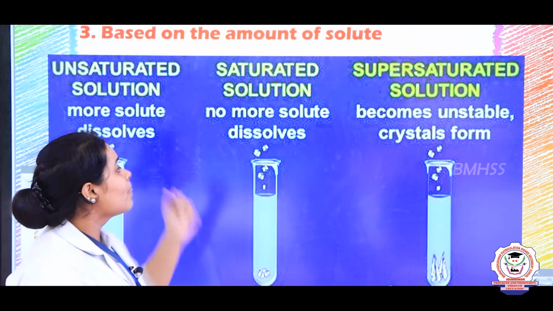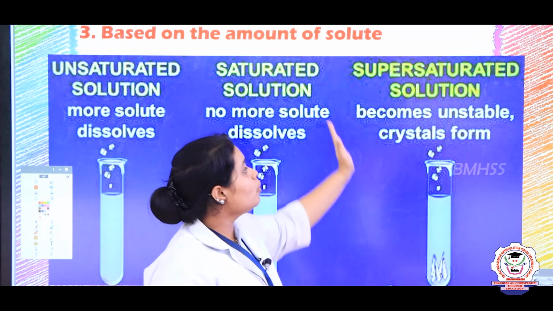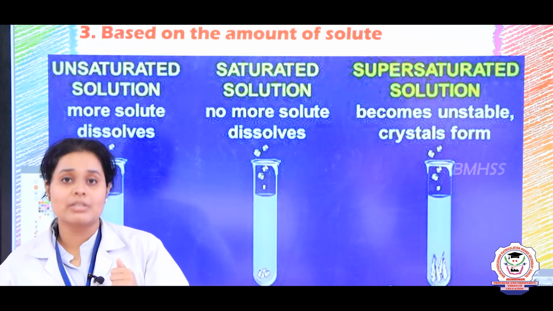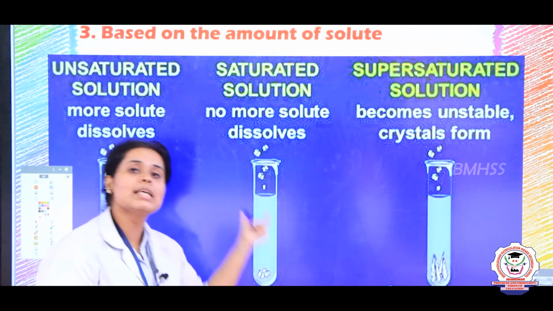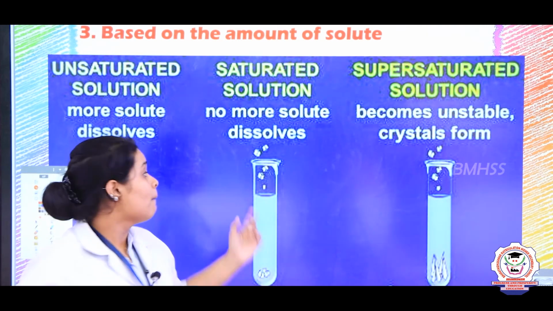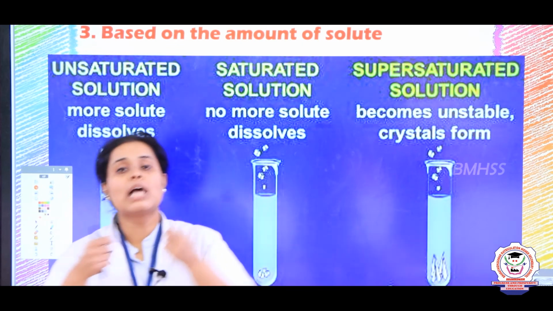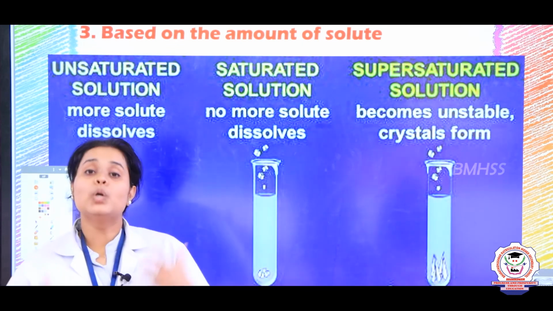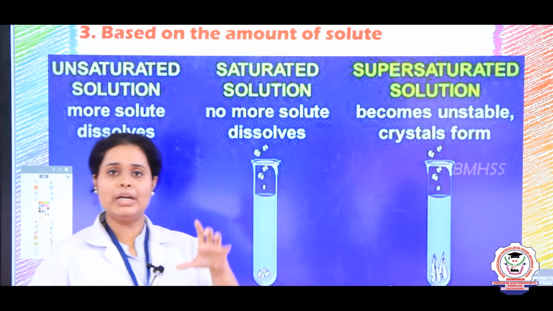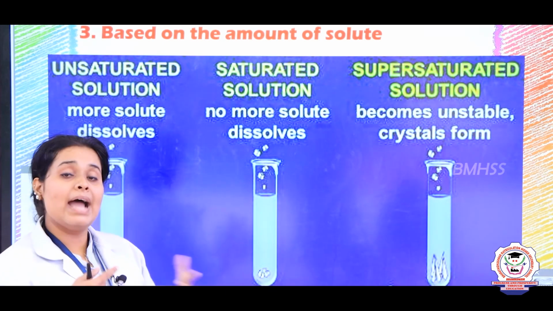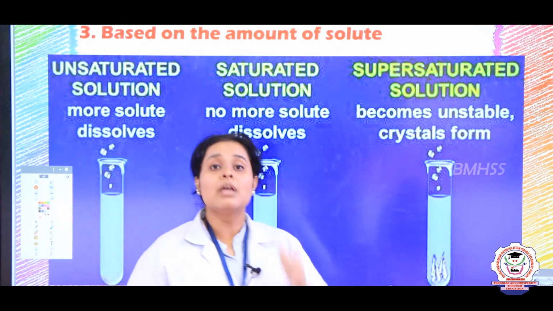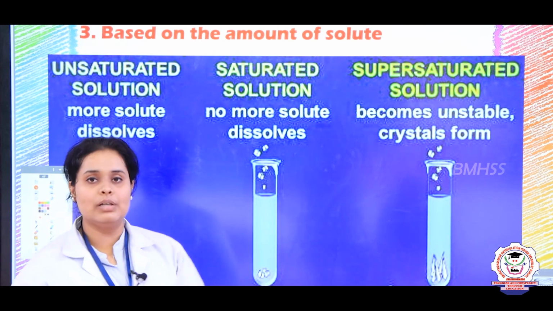And the last one is known as supersaturated solution. So children, a supersaturated solution is reached from a saturated solution. This saturated solution is at room temperature. But when you take the saturated solution and heat it, you will see that in the same amount of liquid, more sugar starts getting dissolved and it forms a crystalline type, and that type of solution is known as a supersaturated solution.